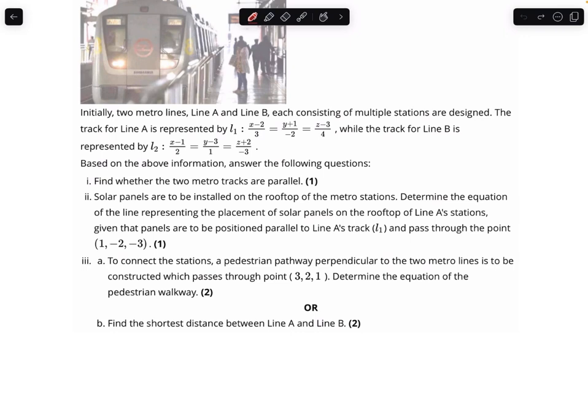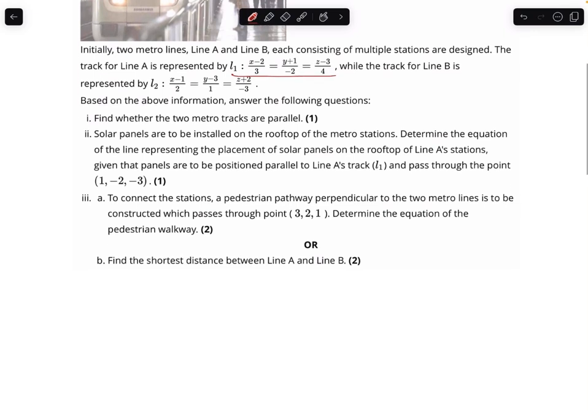Question 1. Find whether the two metro tracks are parallel. So line 1 is (x minus 2) upon 3 equal to (y plus 1) upon minus 2 equal to (z minus 3) upon 4. So from this we get the direction ratios of line 1 as 3, minus 2 and 4. L2 is given by (x minus 1) upon 2 equal to (y minus 3) upon 1 equal to (z plus 2) upon minus 3. So the direction ratios of L2 are